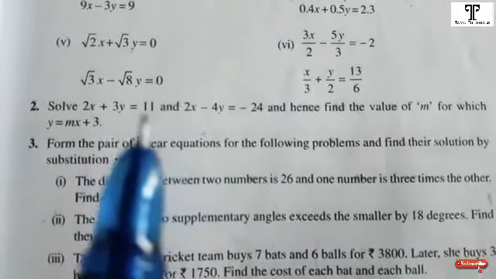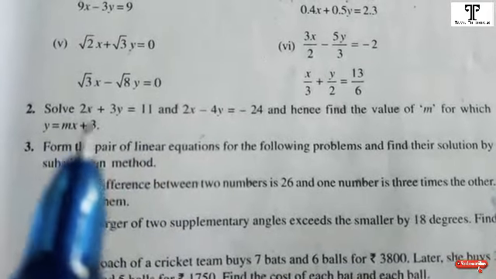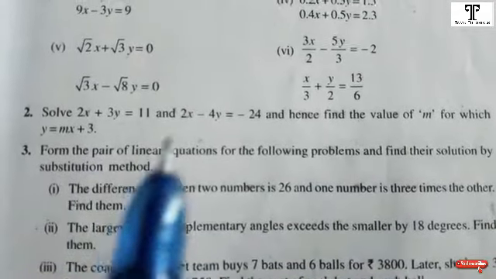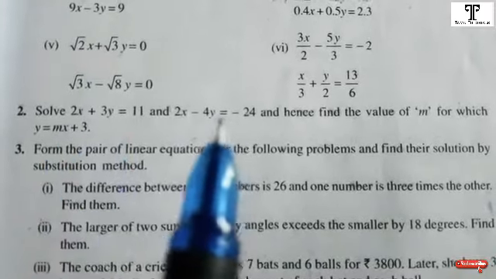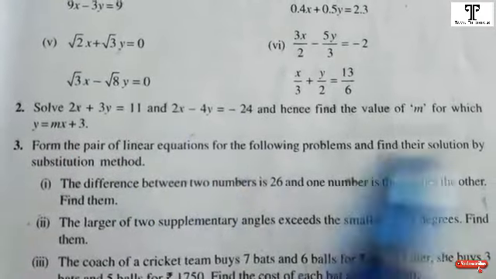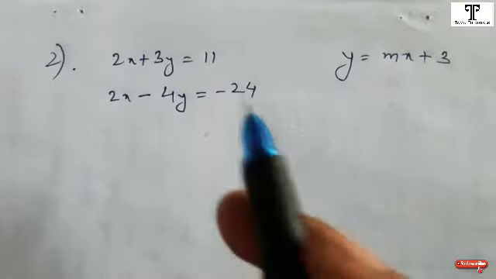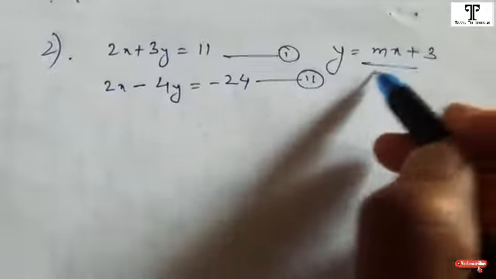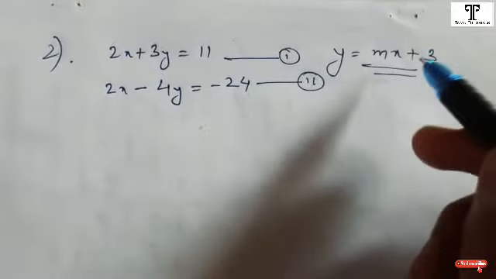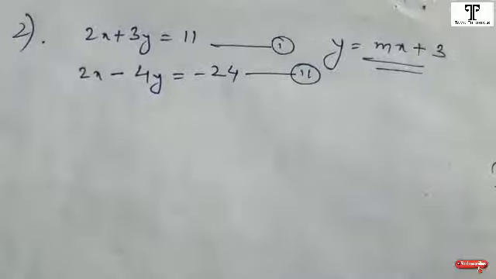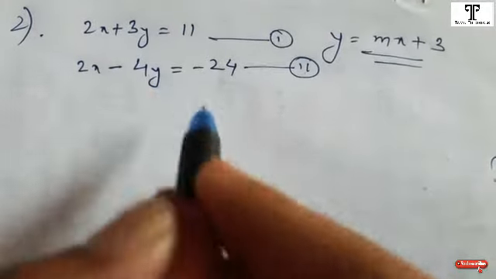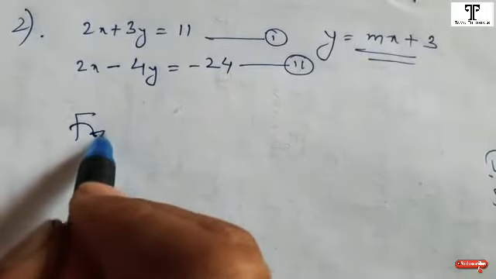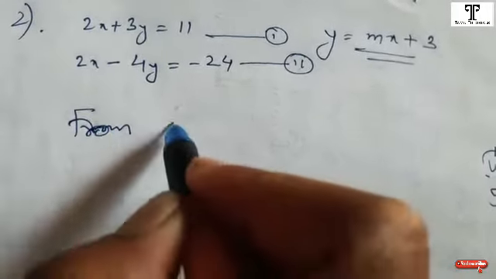So here you don't have to do anything with the concept of straight line, but you just have to find the value of m using this equation after finding value of x and y from these two equations. Okay, let us solve this question. So here are the two equations, equation 1 and equation 2, and the third equation is given here. So y is equal to mx plus 3. So first you have to solve these two equations. You can take any equation as I have said. In the previous questions I have taken one, so in this question let us take, okay, from equation 2.